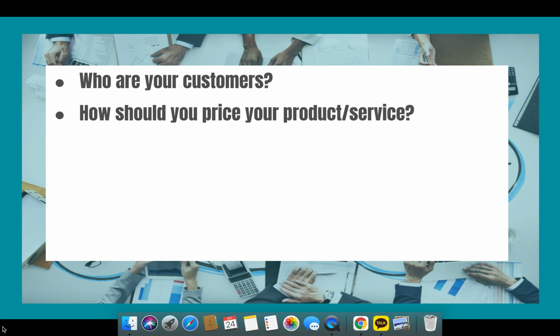And then another would be, how should you price your product or service? Should you price it individually? Should you give a bundle price, because you want to have a big sale and so you don't want to price it by piece, and instead you want to price it in bulk, like what Emart Traders and Costco are doing? Or would you like it to be something that is affordable to your market in such a way that it's good for a solo serving or for a solo person?